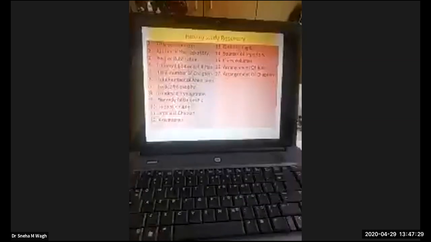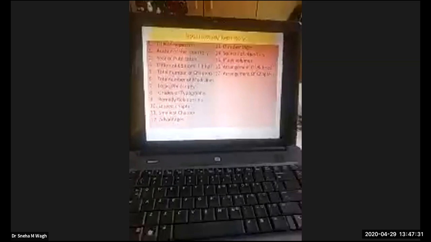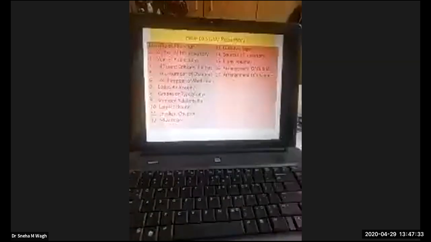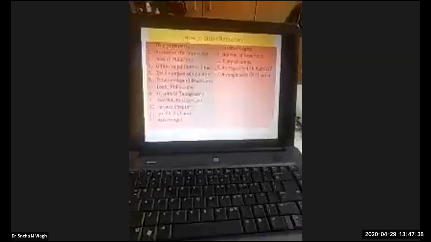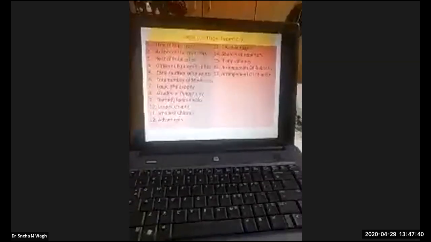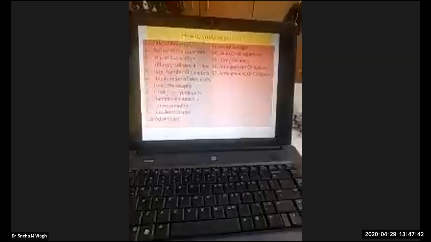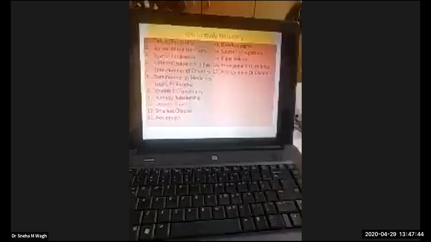Then if there is a remedy relationship chapter, you should also know that. Then also know the largest chapter, and also find out the smallest chapter. Then afterwards, find out the advantages, disadvantages, and sources of the repertory.